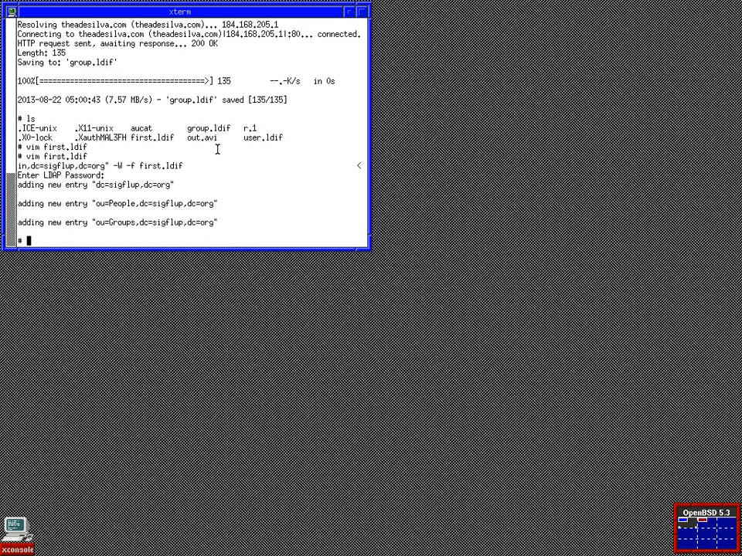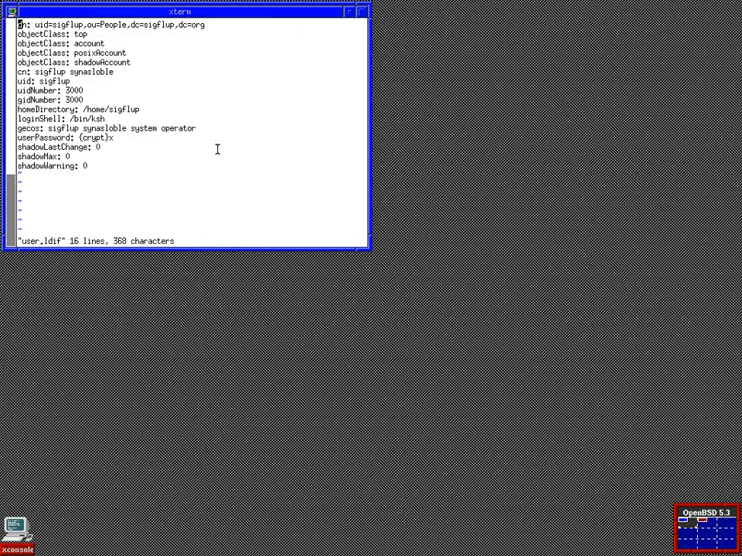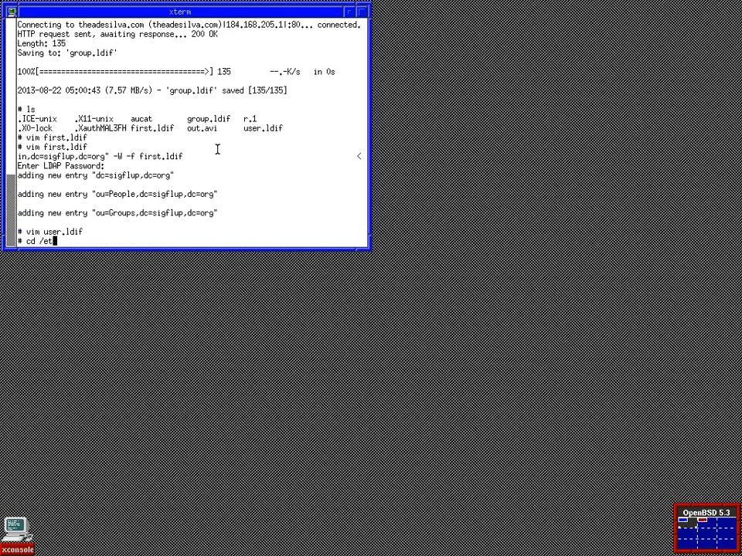Alright, now we have those entries. Let's take a look at the user template. It's pretty simple, pretty straightforward. We have a login shell and a home directory and a UID and a group ID and whatnot. The only peculiar thing about it is it's using posixAccount object class, which is from a schema file that we don't have installed. So before we add this into the database, we want to go back to our server